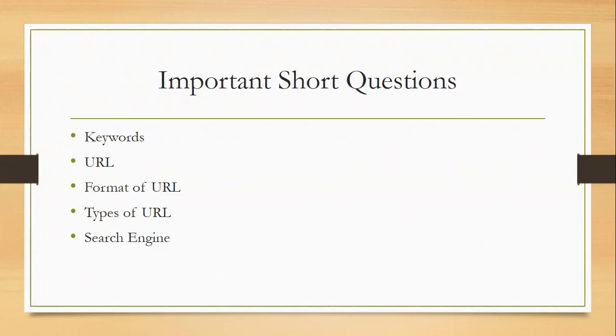That format I discussed in my video. You can go through that. That is port number, protocol, domain name, file system, etc. There are various types of URL, that is absolute URL and relative URL, differentiated with the help of an example. And then search engine. There are multiple search tools and search engines that I discussed.